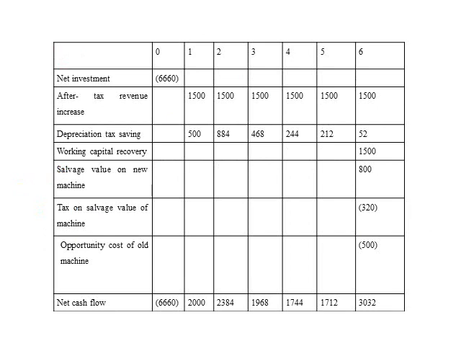This table will show us the expected cash flow from year 0 to year 6. Now recognize that at the end of year 6, Dutton would recover its net working capital investment of $1,500, and it would also receive $800 from the sale of the replacement machine. However, since the machine would be fully depreciated, because the depreciation rates here cover 100% of the value of the asset, the firm must pay 40% times 800 equals 320 in taxes on the